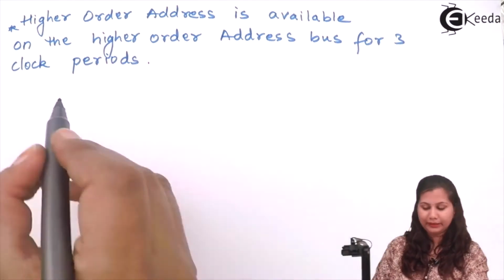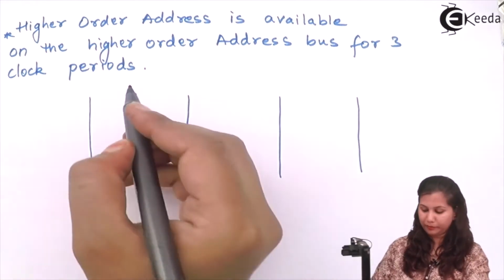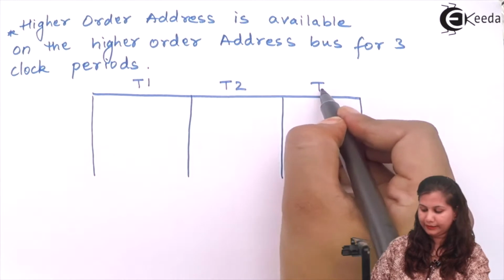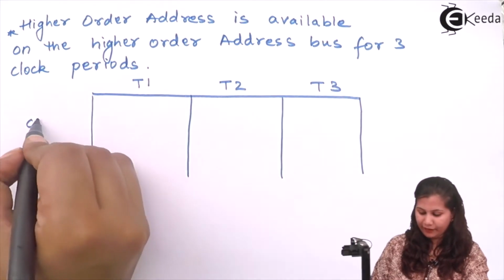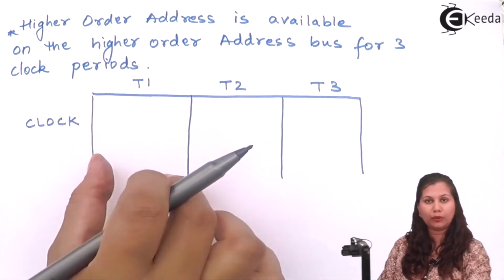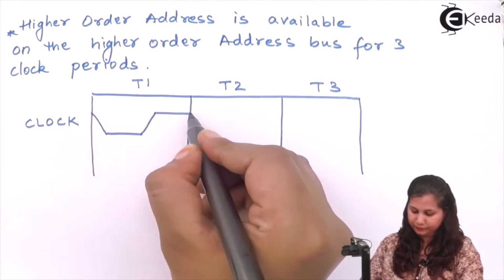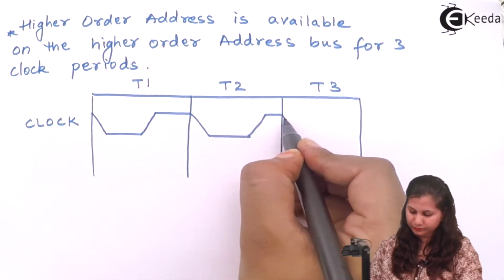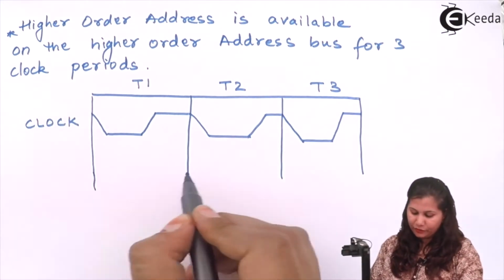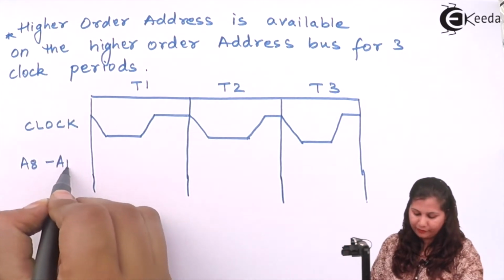So when we draw the timing diagram, we have the T states. T states are equal to 1 clock period. So this is T1, T2 and T3. These are the T states. And when we draw the clock, 1 clock is equal to 1 T state. So this is 1 clock, and when we draw the higher order address bus here, that is A8 to A15,